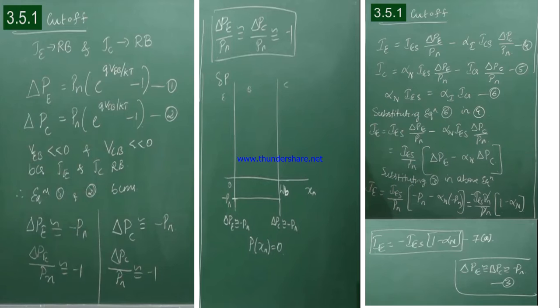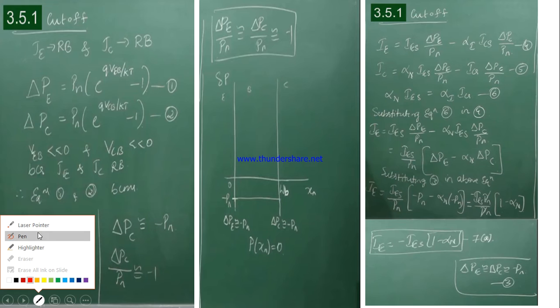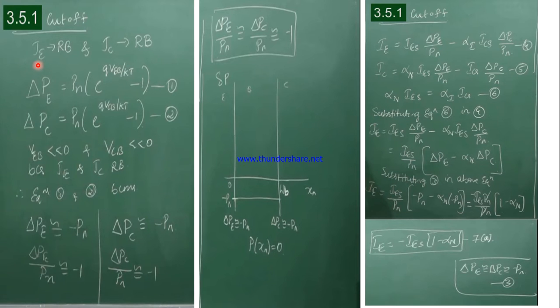Now the first one, cutoff region, that is how we can make the BJT operate as a switch, that is the off condition of the BJT. In order to operate a BJT as a switch, we need to operate the BJT either in the cutoff region, that is the off state, or in the saturation on state. So in the cutoff region, both the emitter junction as well as the collector junction are reverse bias, that is in the third quadrant they will operate. Third quadrant, that is the cutoff region.